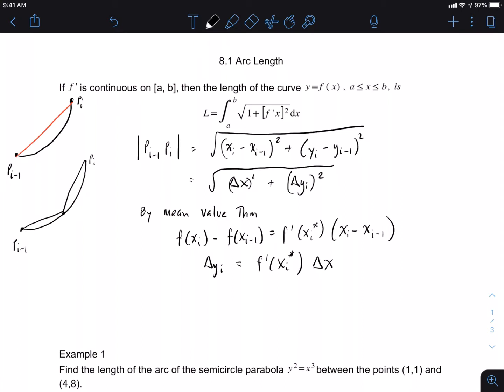Well, in the equation that we have delta x squared plus delta y sub i squared. So instead of